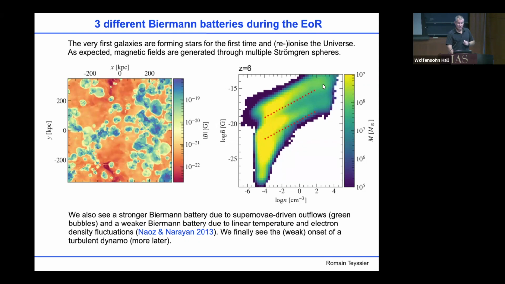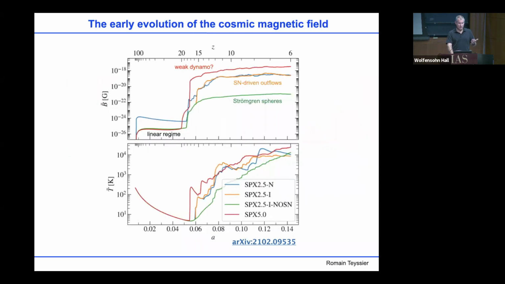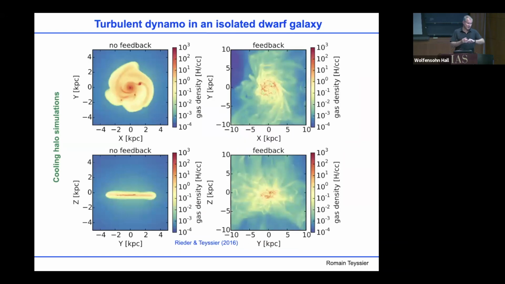And again, there is a little bit of a dynamo here in the densest region. So we need another process to take over. And as I said, this other process is the turbulent dynamo. So to explain a little bit what's happening here,